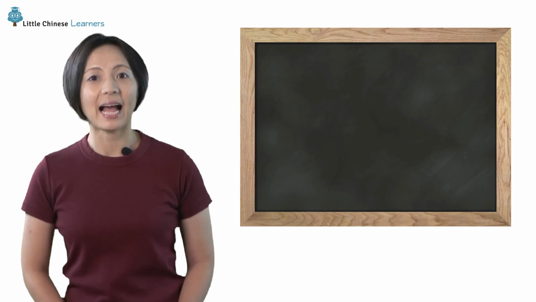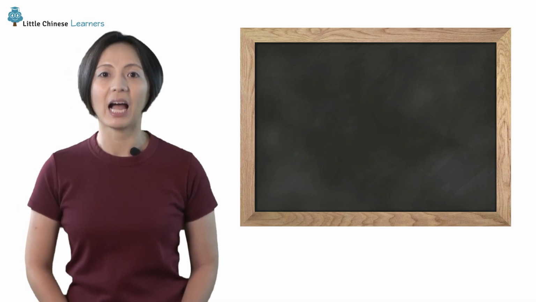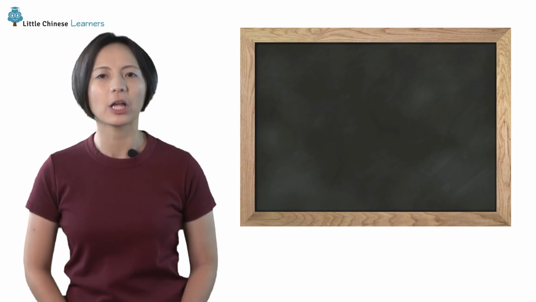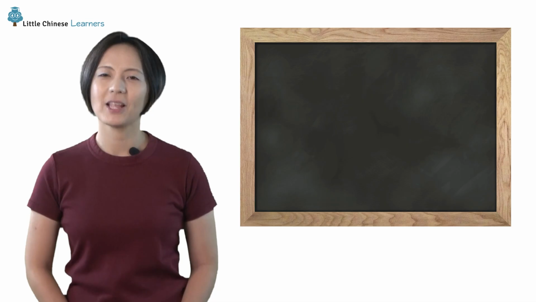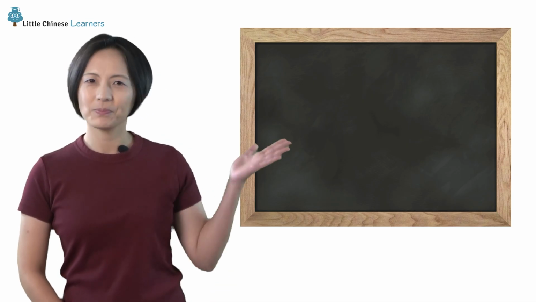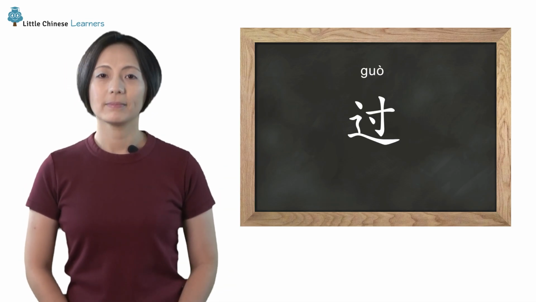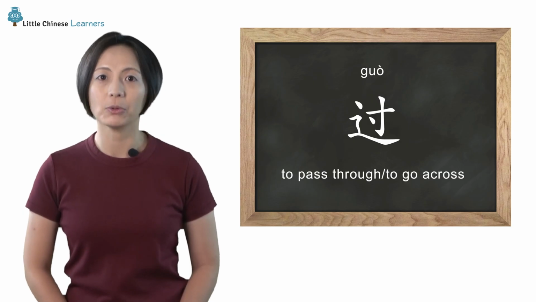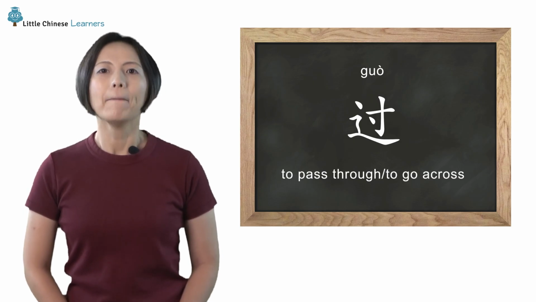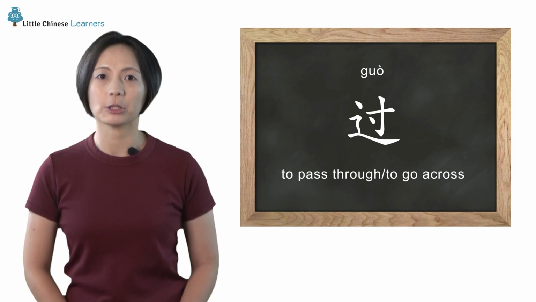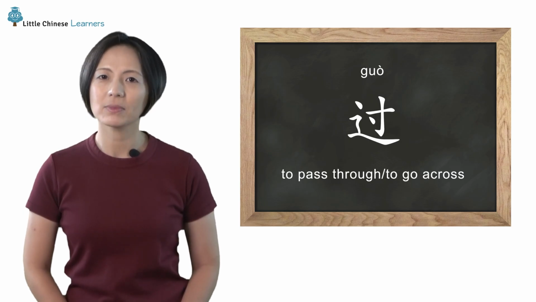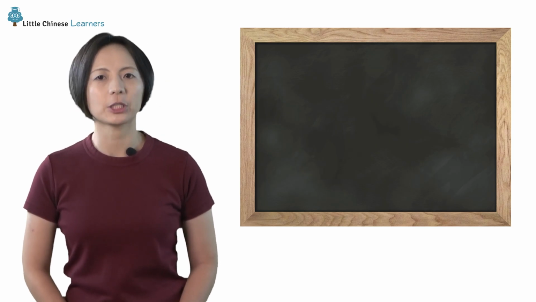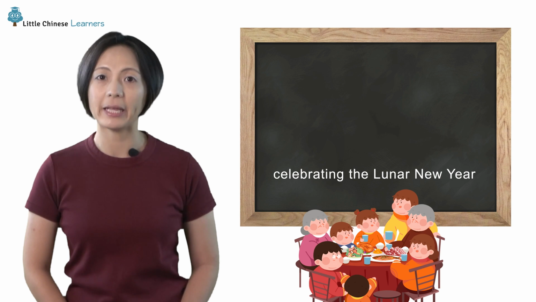For today's class, we will do a deep dive into some of these characters to find new words for them, starting with this word, 过. Simply put, 过 can mean to pass through or to go across, but it can be used with other characters to form other meanings. We first saw this character when we learned about celebrating the Lunar New Year, known as